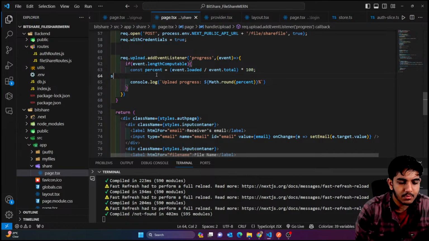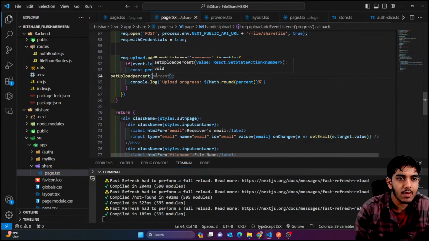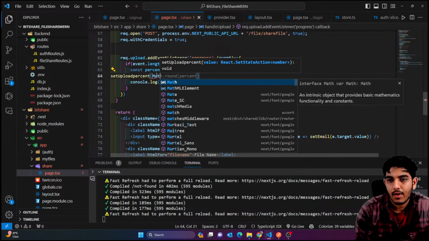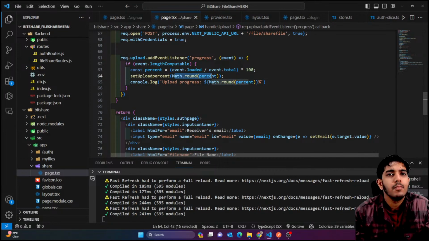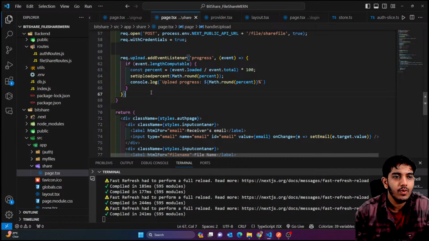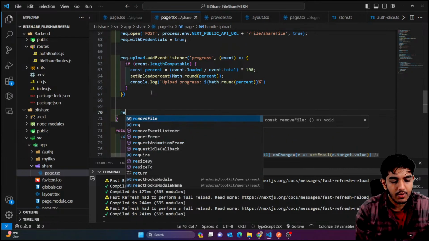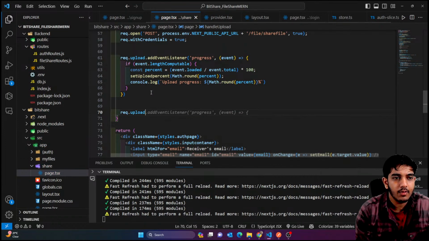If you get the percentage, I'm just gonna say setUploadPercentage. Inside the hook we just need to provide Math.round(percentage). That's it. So I provided the percentage value, 10%, 20%, like that. We need to do one more thing, that is we need to add one more event, req.upload.addEventListener,